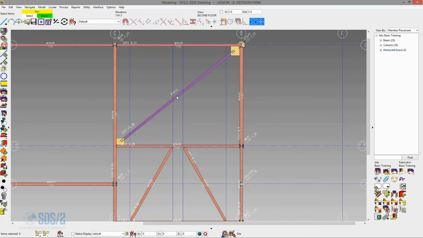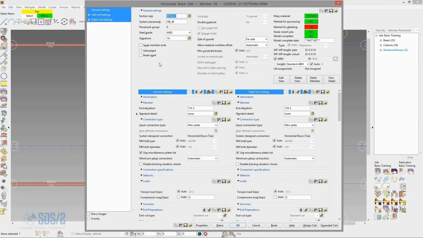If I were to edit my horizontal brace, every member, not just bracing, but beams and columns also, have a break apart checkbox. If I check this on, any bolted material